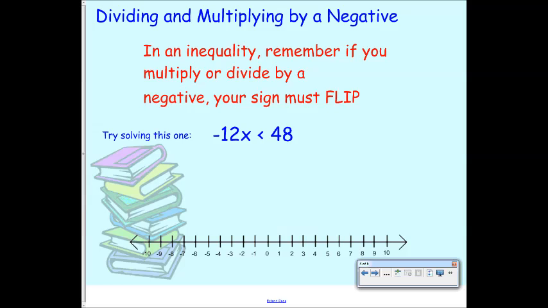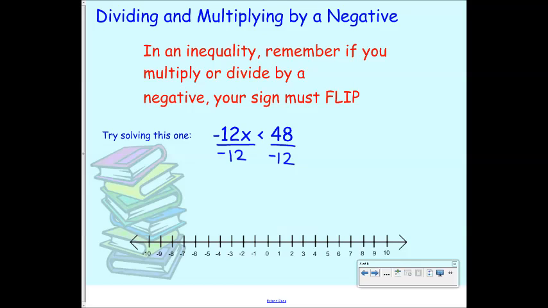Okay, so dividing and multiplying by a negative. So this is the little trick I was talking to you guys about. When I divide or multiply by a negative, my sign, my greater than or equal to, less than or equal to, less than or greater than symbol, my inequality sign has to flip. So a less than becomes a greater than, and vice versa. So what that looks like is if I divide by a negative 12, which is what I would have to do here,